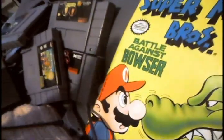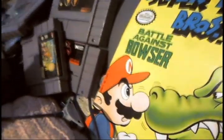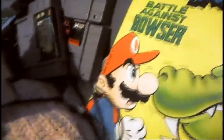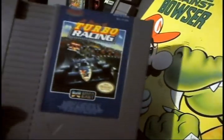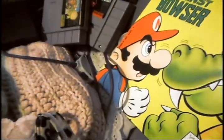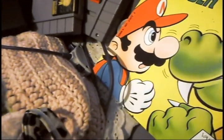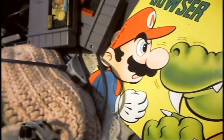I found one game, and the only reason I found it is because I looked down at another toy bin, and behold, this was sitting in there, and he only wanted $1 for it. It's not really worth a whole lot, but it's Al Unser Jr. Turbo Racing. What's cool is it's got a battery in it. I don't know if the battery still works, I don't think it does, because I opened it up and looked at the battery, and it said the battery was good till 2002. So the battery might not be good anymore. I haven't actually 100% tested it. I've only tested to see if the game still works after I cleaned it, and it does. So,